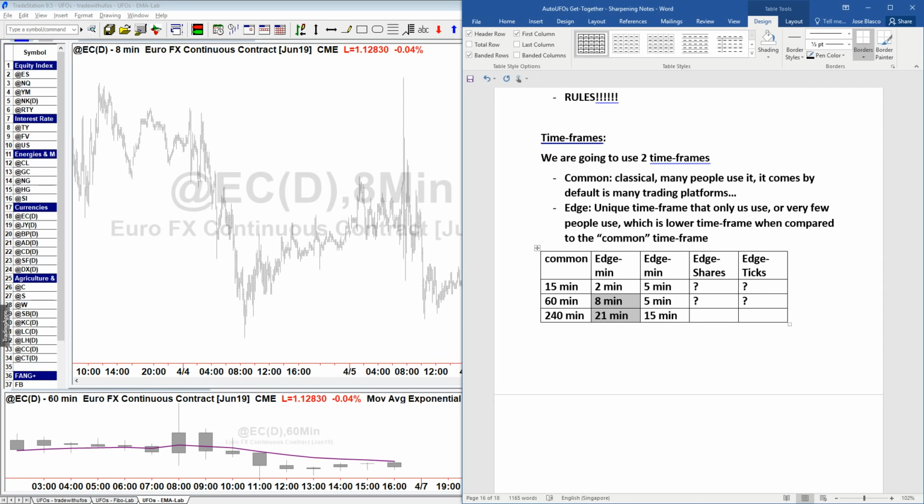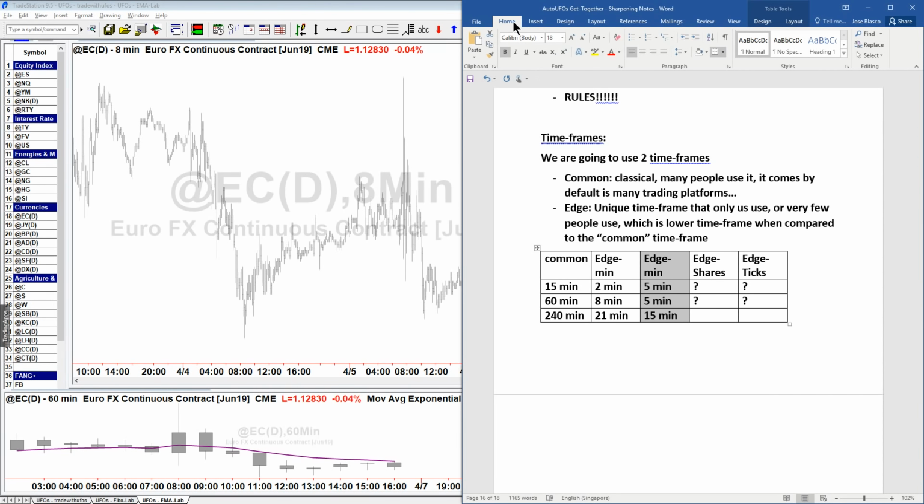So just like the moving average, right, which is a potential opportunity for new orders to be added, these fib timeframes are also classical timeframes that people don't use, but computers do use all the time. So that's one of the reasons why we're gonna use it as edge. Okay, so basically 5, 5, and 15. The column in here is not wrong. It's gonna look very similar to the 2, 8, and 21. It's not gonna look that different, but it's gonna produce a little bit less of an edge.